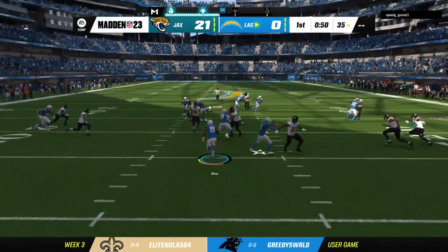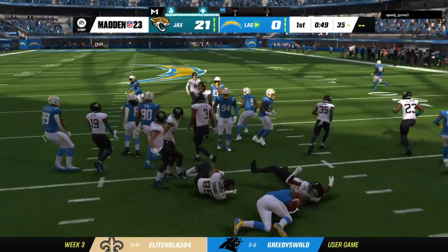And here comes a return from the middle of the end zone. And that decision to...